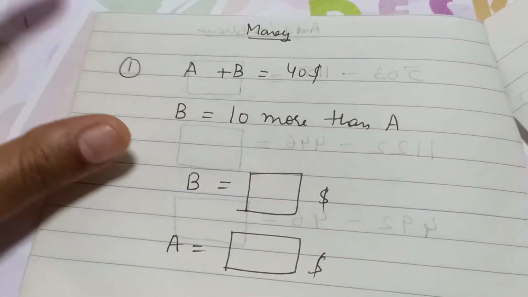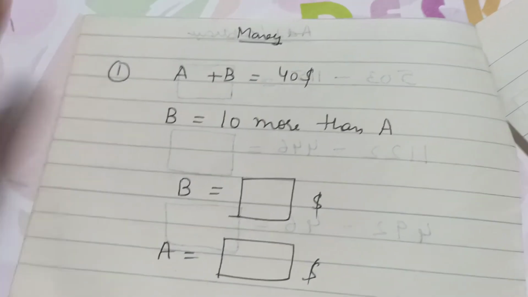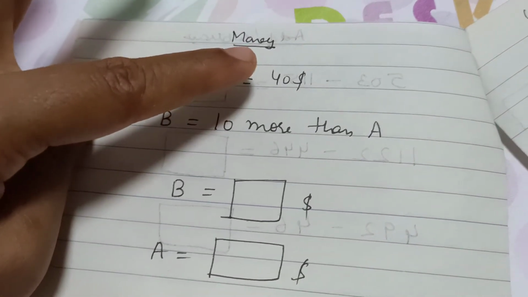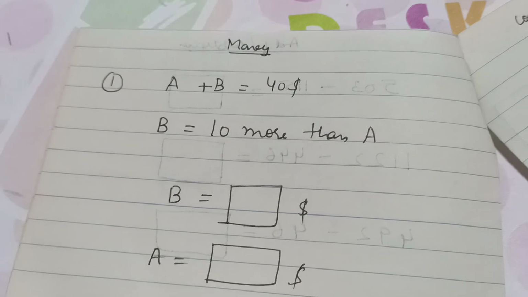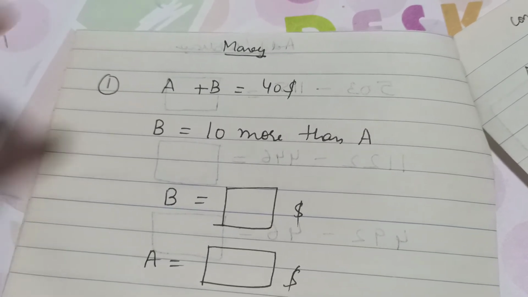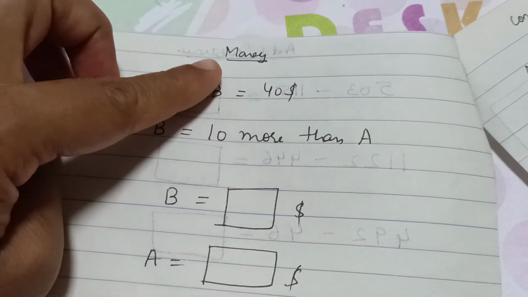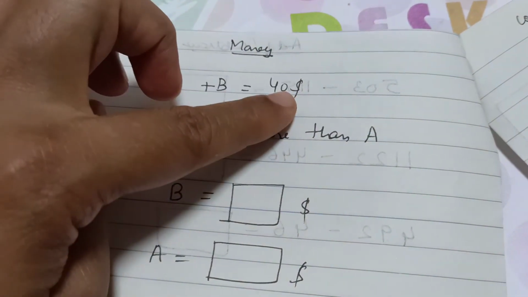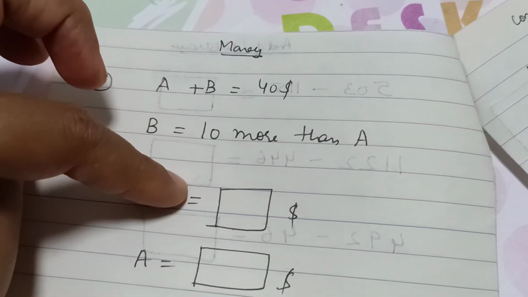This is money level. She loves doing it with money, so I add one or two money questions everywhere. Simple, complicated, it doesn't matter for her. So A and B have $40. B has 10 more than A. So how much money does B have? It is difficult, because B is 10 more than A. It means B is equal to 10 plus A. So 10 plus 2A is equal to 40. So A is equal to $15 and B will be 25.